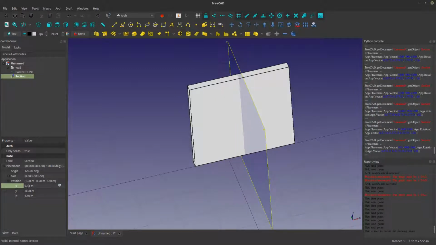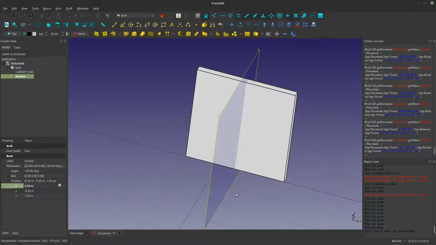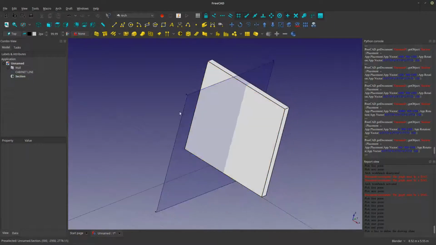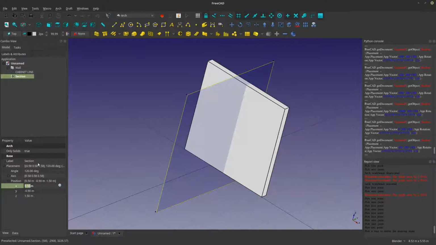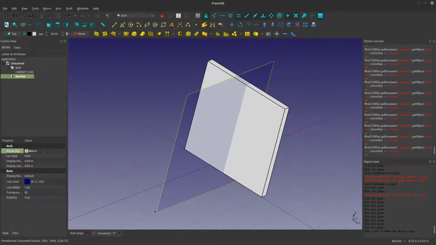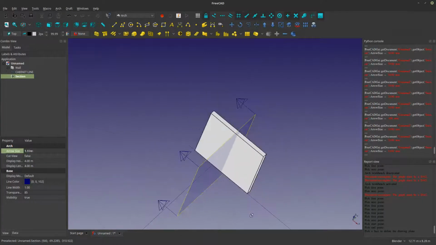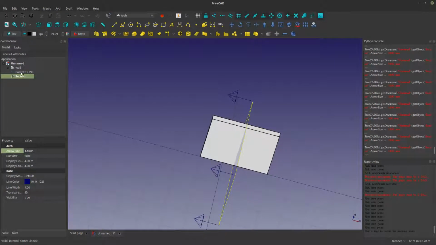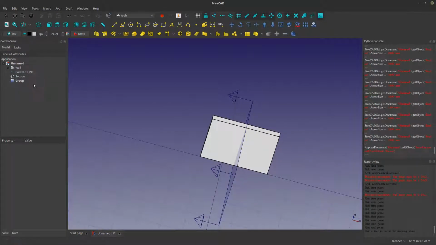Okay, this looks good. And maybe my arrows as well. Okay, this looks good. So what I'm gonna do is I'm gonna create a folder as well, create group,